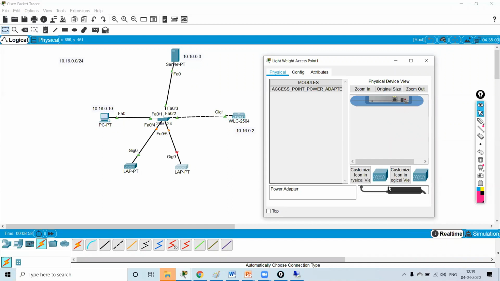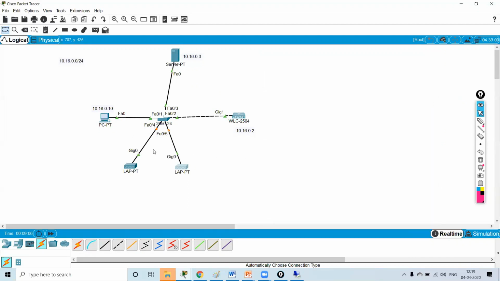Now it got powered on. Now STP is running. Once STP is completed, it will get an IP address from the DHCP server.